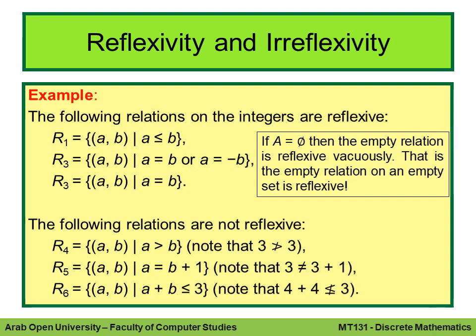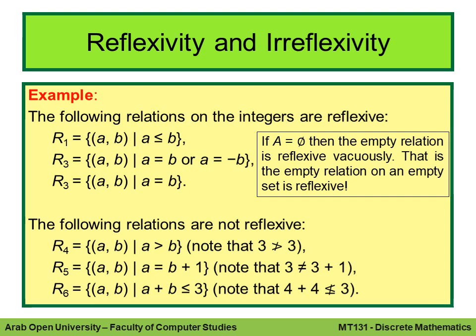Here are examples of reflexive relations. R1 is the set of all ordered pairs (a, b) such that a is less than or equal to b. The second relation, which we looked at before, is (a, b) such that either a equals b or a equals minus b, and R3 is the identity, (a, b) such that a equals b. All of these are examples